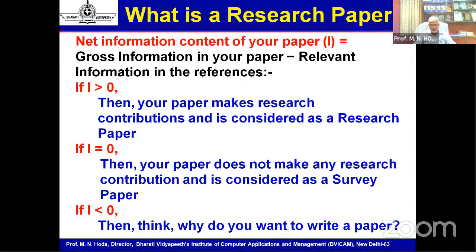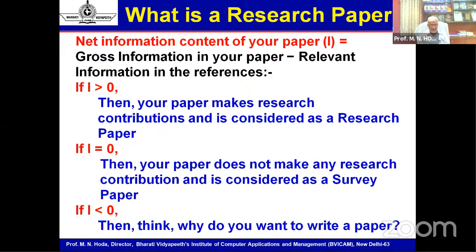So my suggestion to all of you: at least write 1 or 2 survey and review papers based on your research work, and then come back straight to your domain of research and write the core research paper, which makes some sensible contribution. Many publishers and journals do accept review and survey papers, but not too many. If they publish 40 papers in one issue, maybe around 5 to 10 may be survey or review papers. The rest, 30-35 papers, they might publish as core research papers, right?